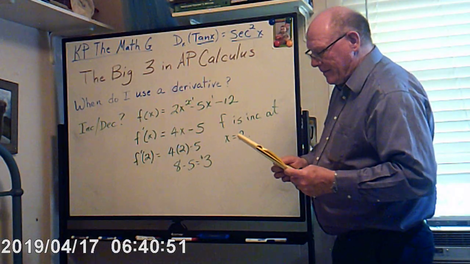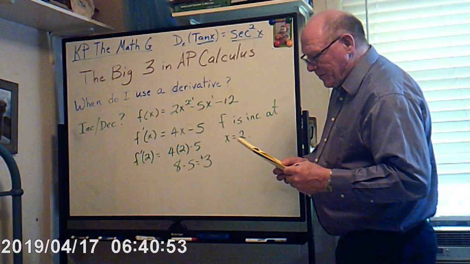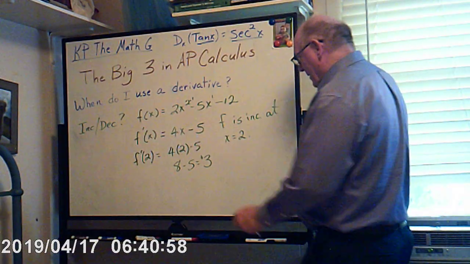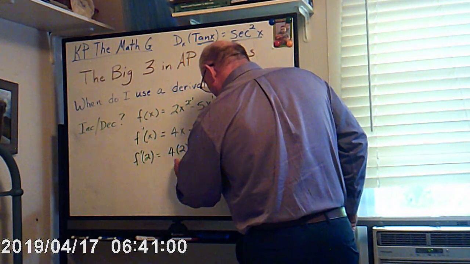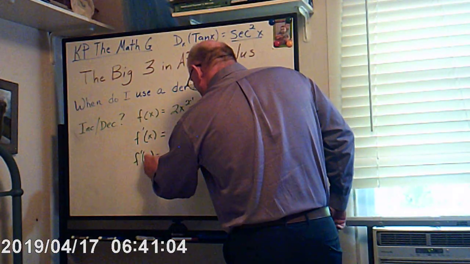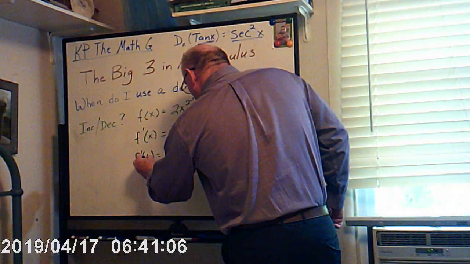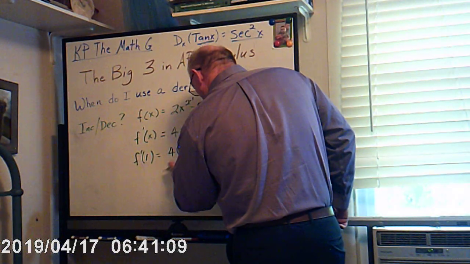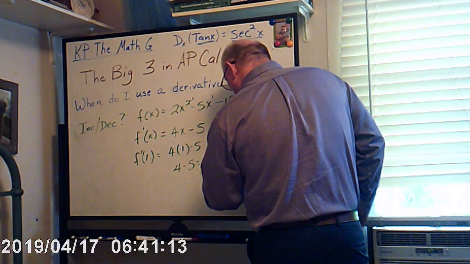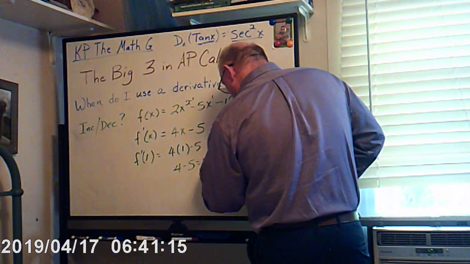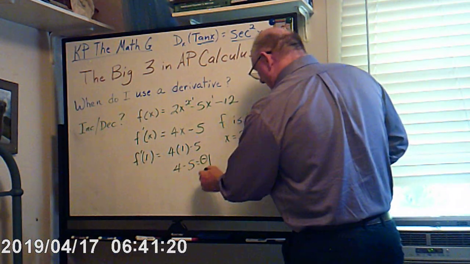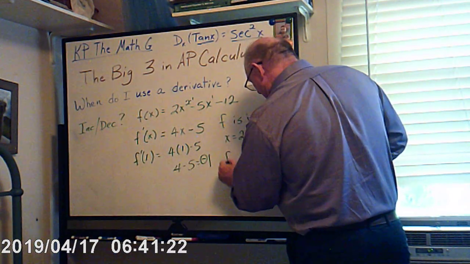Okay, like that. And that's one way to determine. It would be decreasing if we could make this number smaller than 5. We can do that immediately if we set f prime at 1. 4 times 1 is 4. 4 minus 5 is negative 1. And again, we're not concerned about the answer, we're just concerned that it's negative. And so that means that f is decreasing